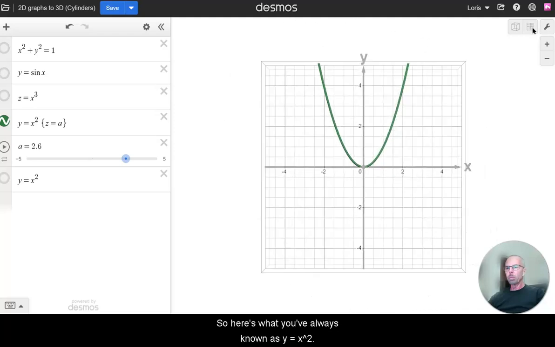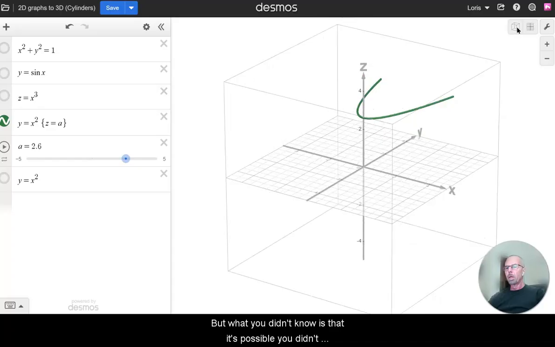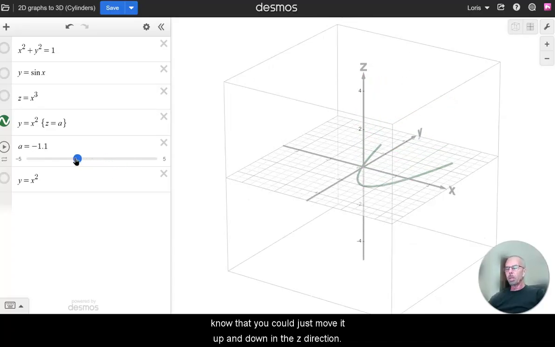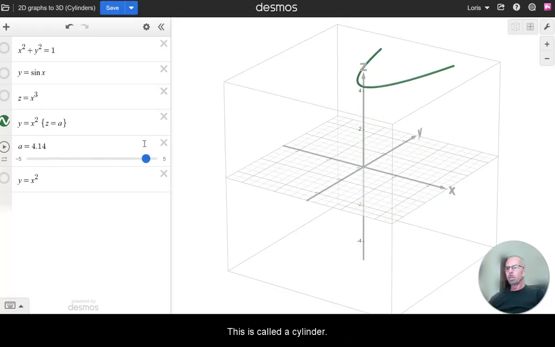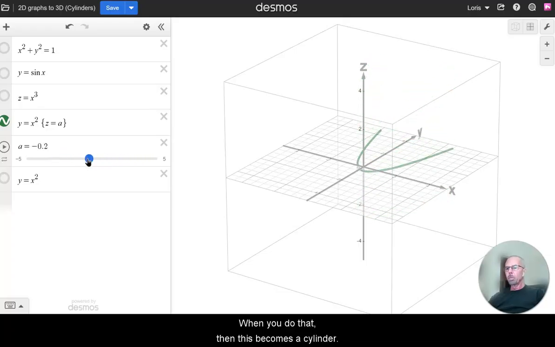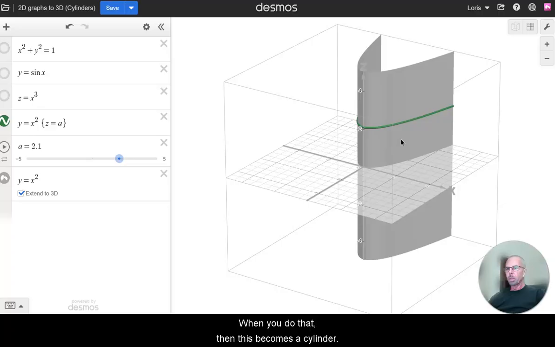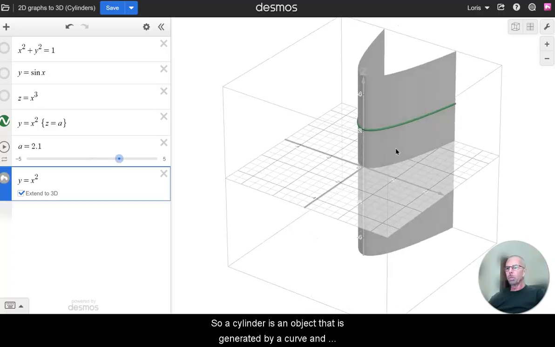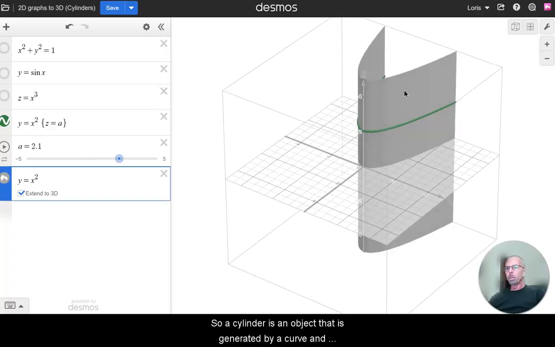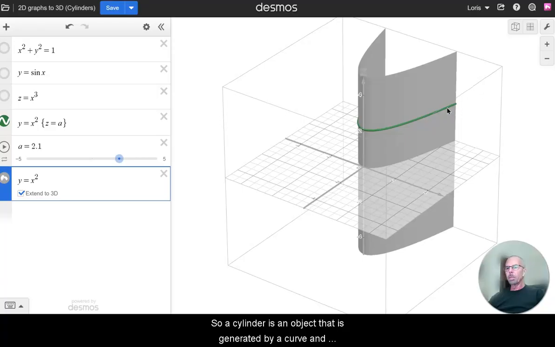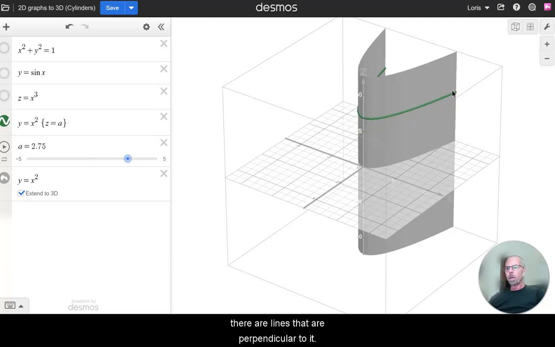So here's what you've always known as y equals x squared, but what you didn't know, or it's possible you didn't know, is that you could just move it up and down in the z direction. This is called a cylinder. And when you do that, then this becomes a cylinder. It's called a cylinder. So a cylinder is an object that is generated by a curve, and there are lines